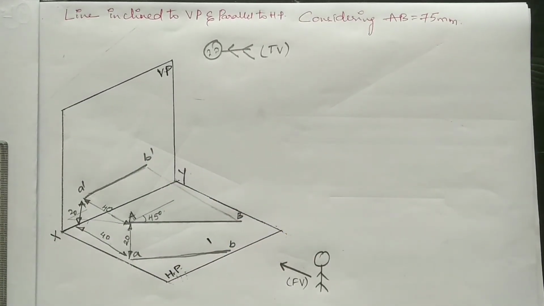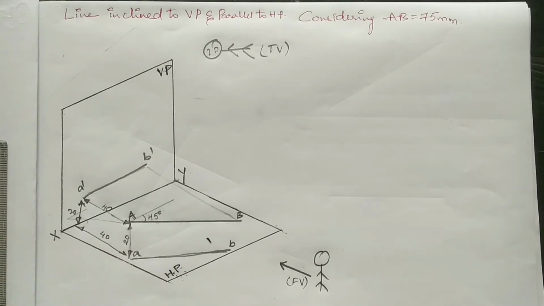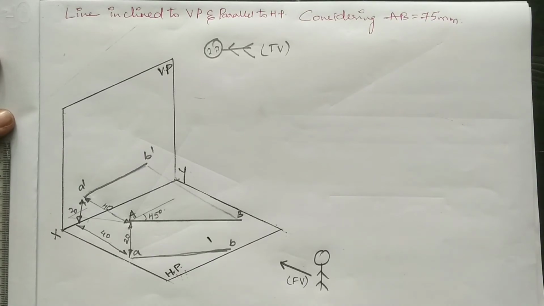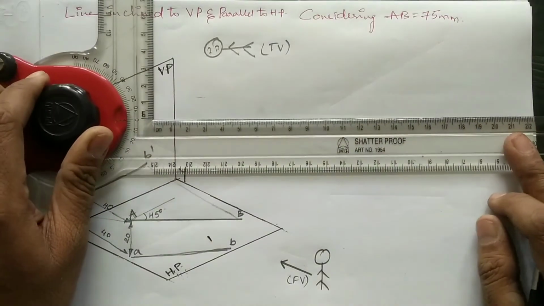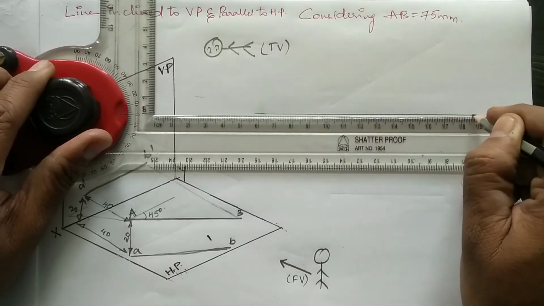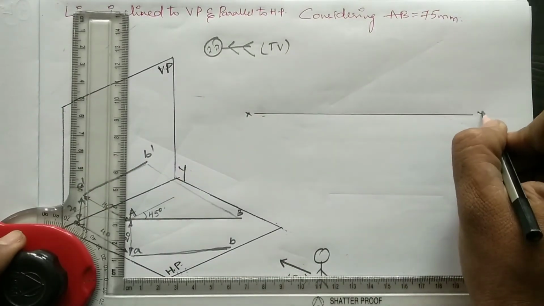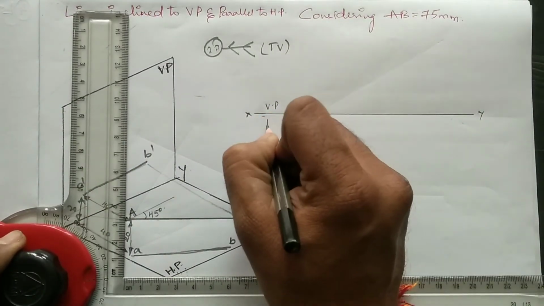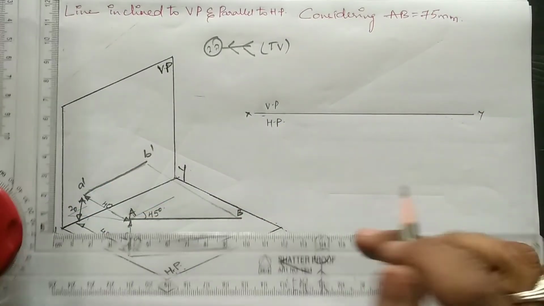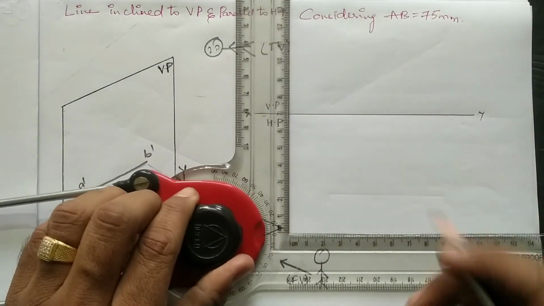Whenever we go ahead for drawing the orthographic projections, first we need to draw the true length of the line, and afterwards we draw the reduced length. From the projections obtained from the true length of the line only, we can get the reduced length. So right now, draw the XY line, vertical plane, horizontal plane. Now, 20 mm above HP, 40 mm in front of VP.